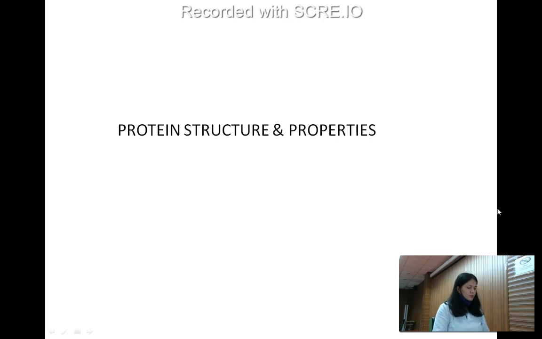Myoglobin, where is it present? Myoglobin is present in the muscles. Yes, in the muscles. What is the function of myoglobin? What do you think it does? Storage of oxygen. So when you are doing any muscular exercise, just to continue the glycolysis, oxygen has to be supplied in the muscle. So that oxygen is utilized during muscular exercise. So how many chains does it have, because it is also a protein, no? So how many polypeptide chains does it have?